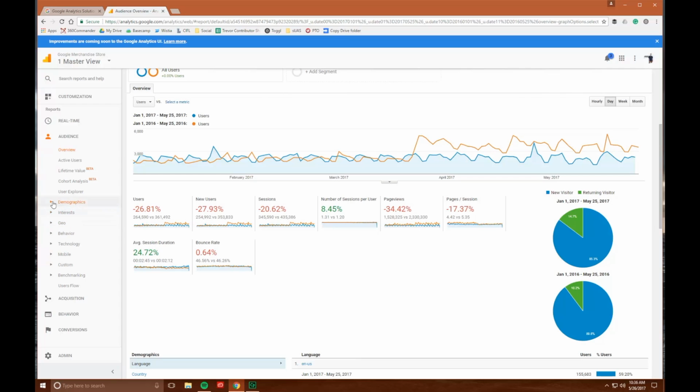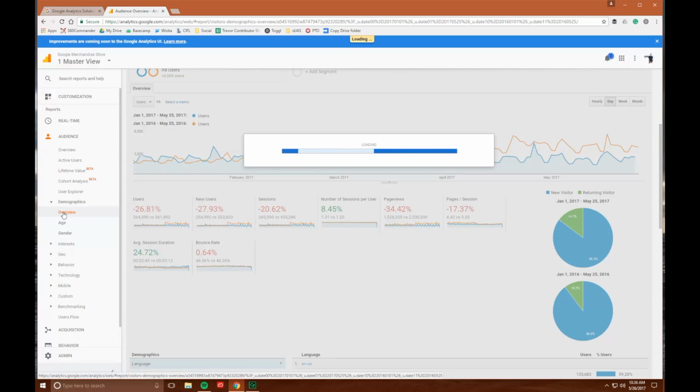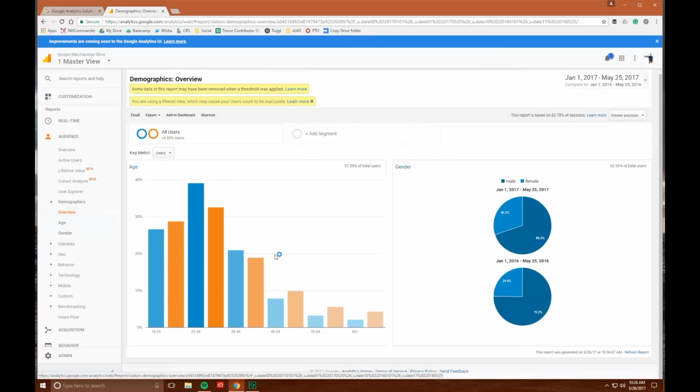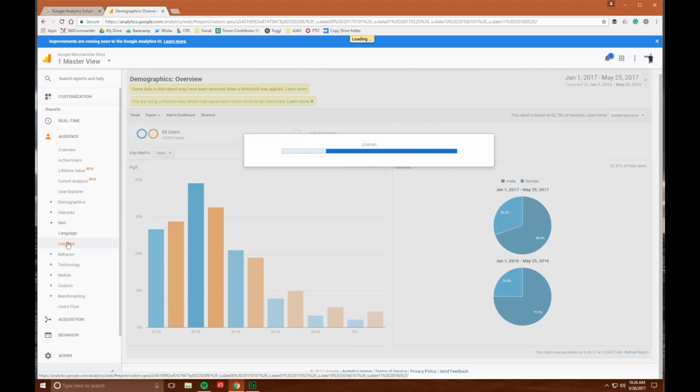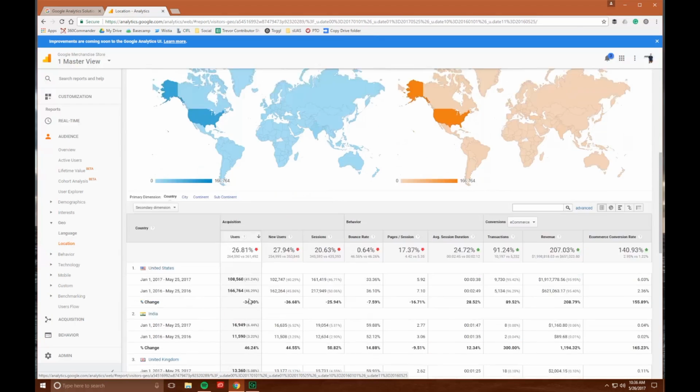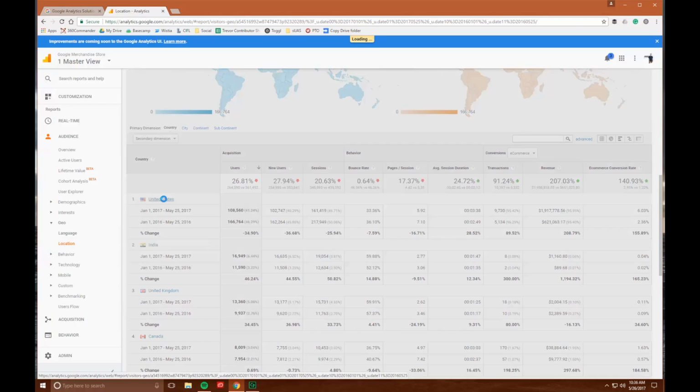Some of the other really interesting things to look at would be things like demographics. You can see age and gender, those kinds of things, how those different groups are engaging with your website. Another one that I really like is geo. So in the left-hand column, geo, look at location. Let's say that you're a tourism business, which many of our clients are, and you're trying to do targeted advertising into certain regions, the United States.